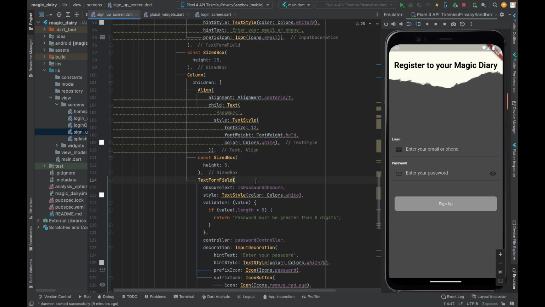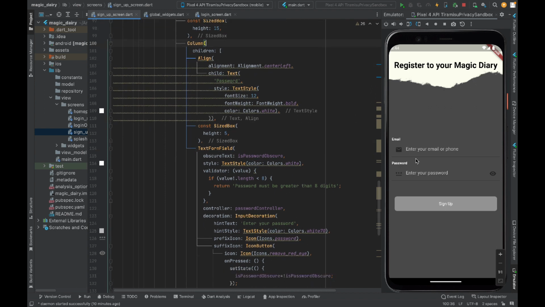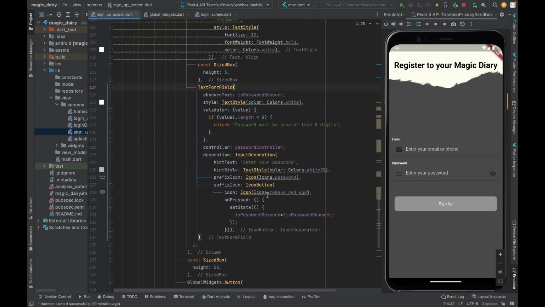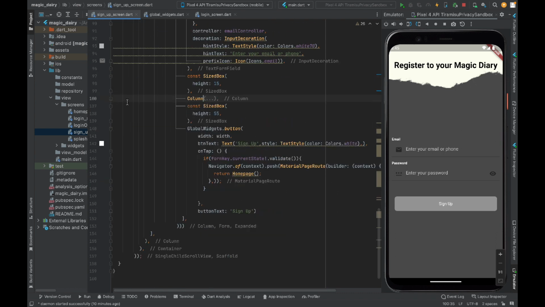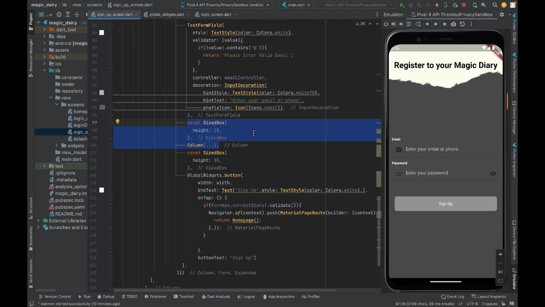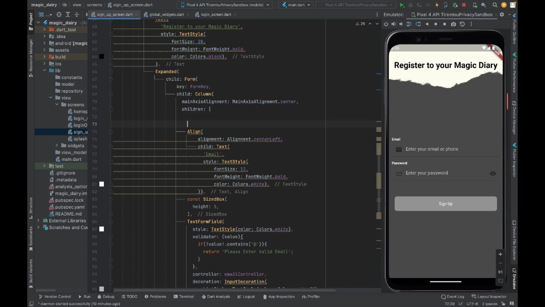So here I have this column, and in this column here we have this text field, and this align widget I'm using only for this label, you see this email label, and here we are using this sized box for space purpose, and here we have this text field which is password text field, so we can duplicate this one. And I will duplicate this column including this sized box. I will copy this from here and I will go right above my main column,